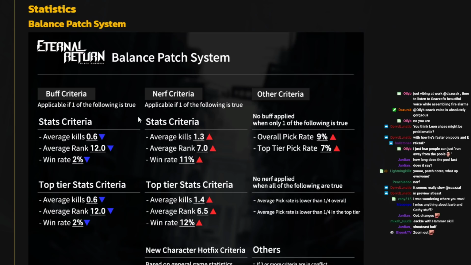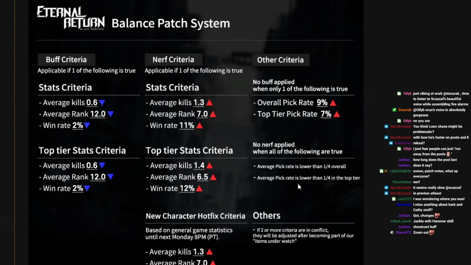Balance patch system. Buff criteria applicable if one of the following is true. Average kills is too low. Okay, so basically they're making it clear what their statistical breakpoints are. If they notice that a character is this much higher than the average for some of these things, if one of these things is even true, whether it be their stats, their top tier stats criteria, this is like general stats versus top tier stats, this being like the higher ranking players,